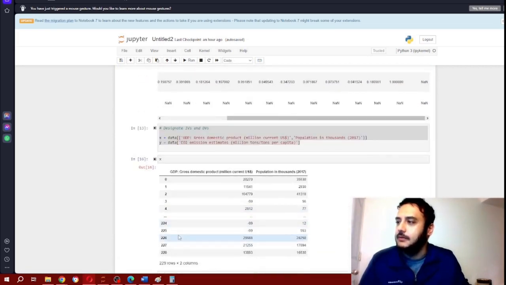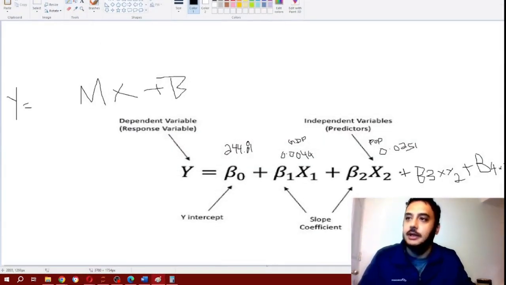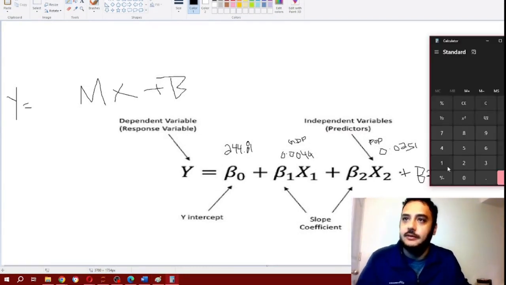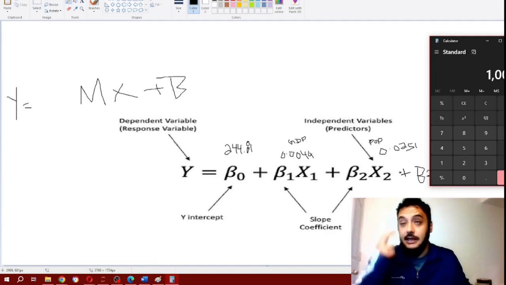All right, let's just hypothetically, not worry about the actual data. Let's just hypothetically say that a country has a GDP of, let's say, 1,000. Well, since the independent variable for GDP is in millions, if I put 1,000, then we're talking about 1,000 million, which is 1 billion. So if a country has 1 billion USD in gross domestic product,